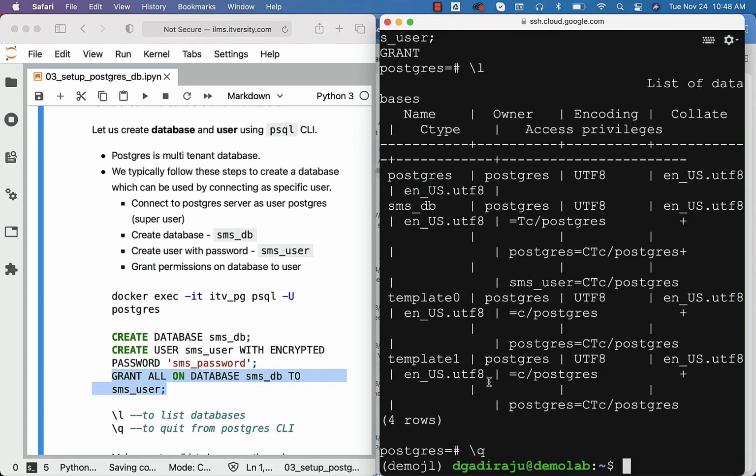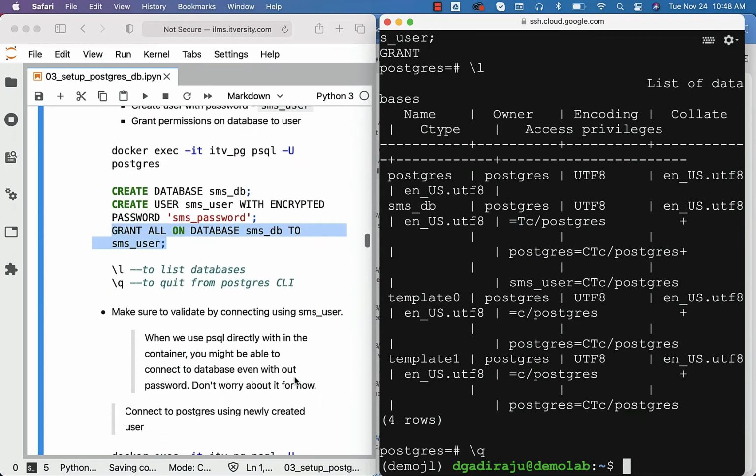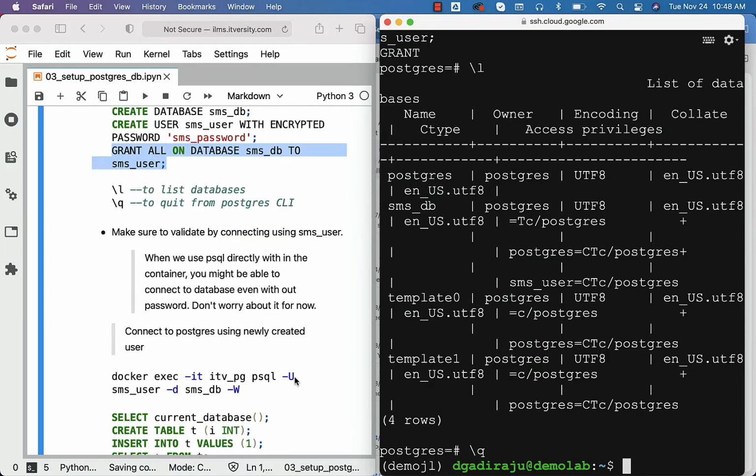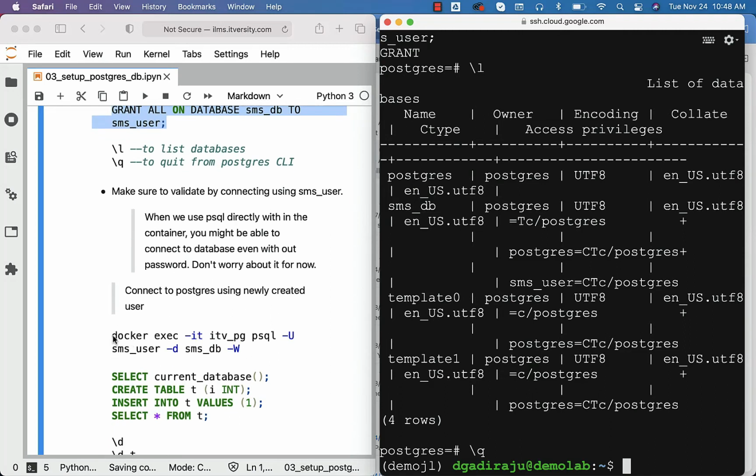Now we are outside and we are on the host, which is nothing but the Ubuntu based host in our account as part of the GCP platform. Now we should be able to connect to Postgres using SMS_user with the database that is created. This is how it will look.